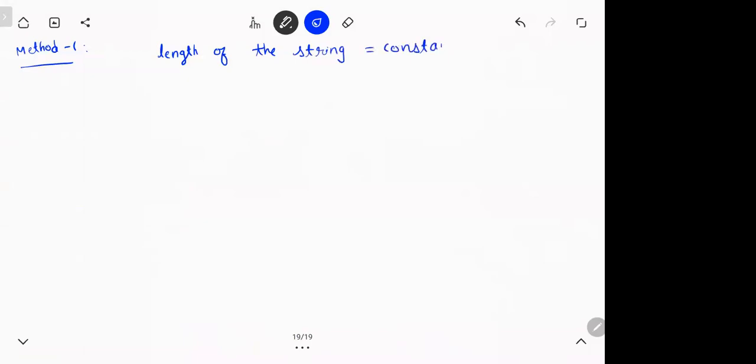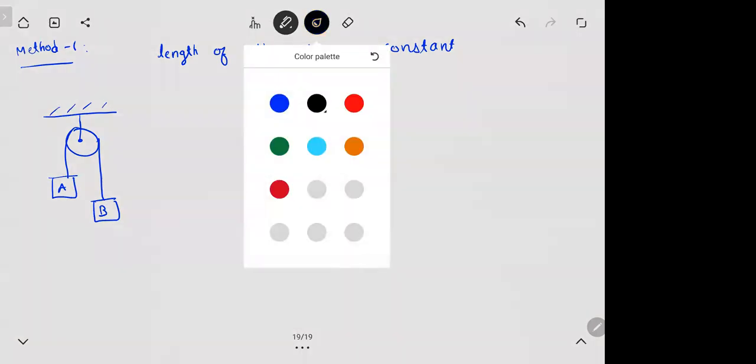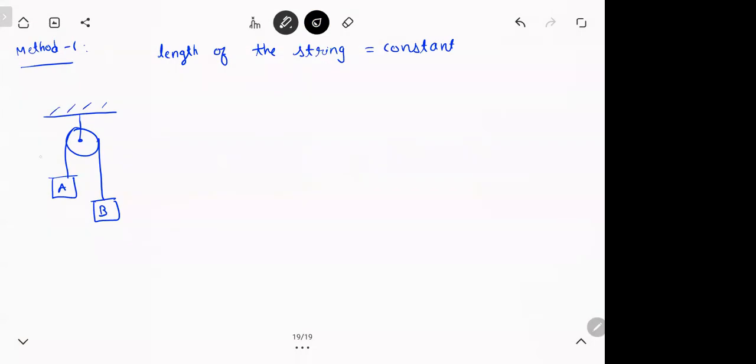How do we use this thing? Let me take an example. So I have a pulley, I have block A and block B. This is kind of obvious. I know A goes up, then B goes down. So there is nothing much to do, but still, let me show you the general procedure, how it works. Then when we go for complicated cases, you'll understand better.